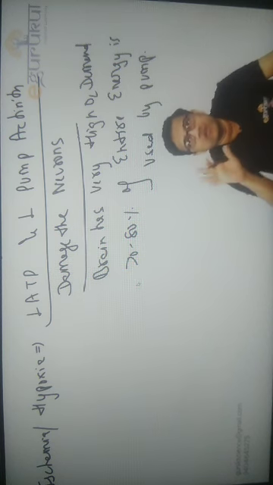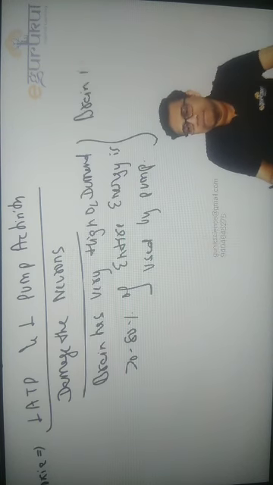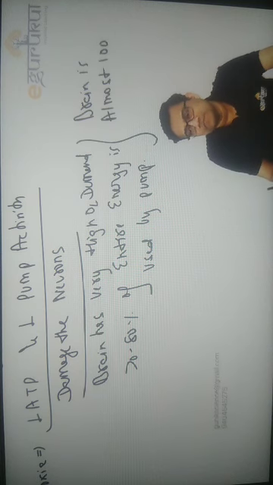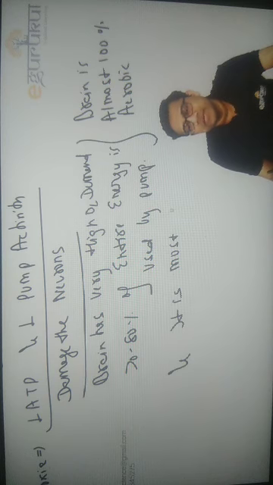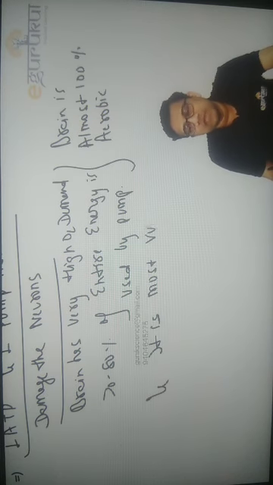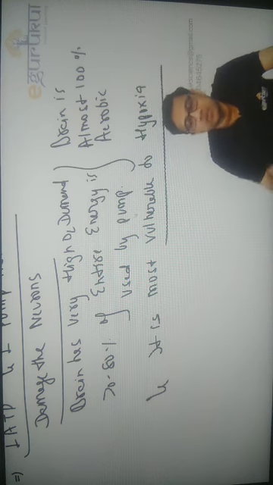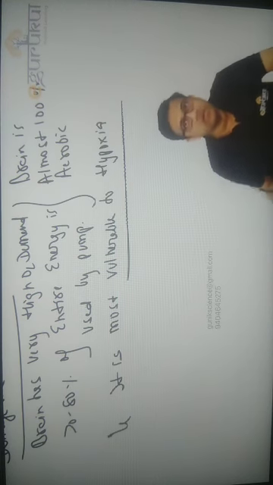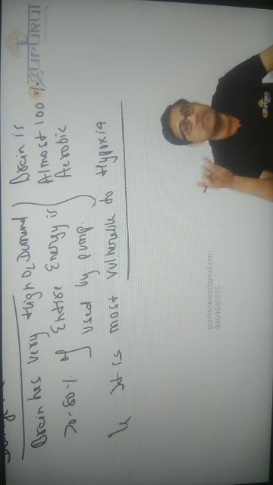In the same way, your brain cannot work with anaerobic metabolism. So the brain is almost 100% aerobic, and it is most prone to hypoxia and ischemia. Hypoxia causes very severe injury. So which organ is most vulnerable to hypoxia? The answer is the brain. And which area of the brain? The answer is the one which is converting memory all the time. So that's why the hippocampus is almost always affected.